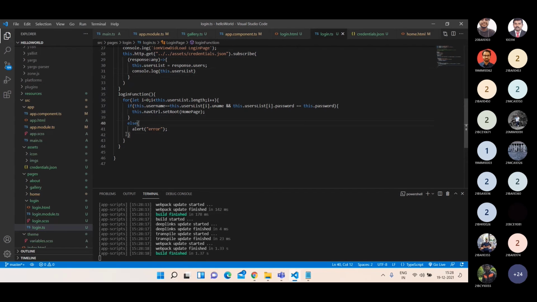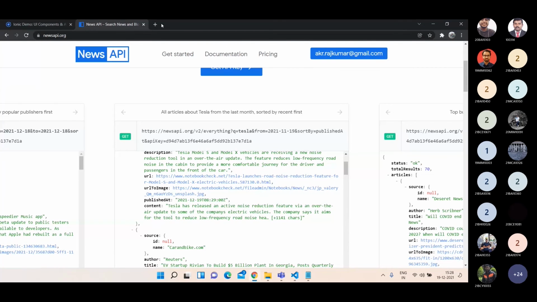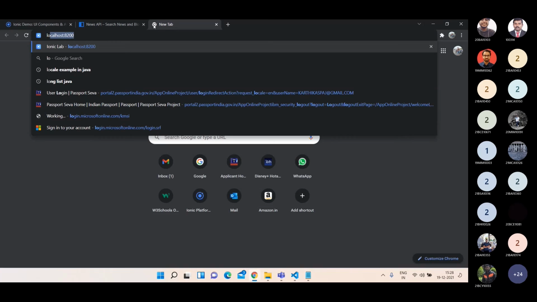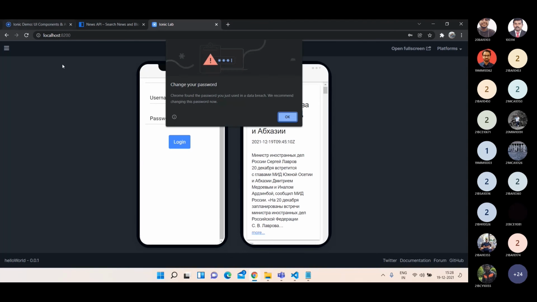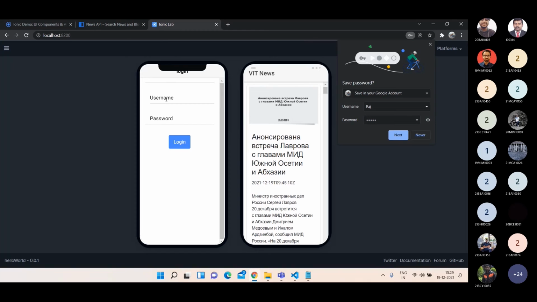Because it is a for loop. While I give Raj and Kumar, I am able to log in. But when I give some dummy data here, I cannot log in. Can you understand?